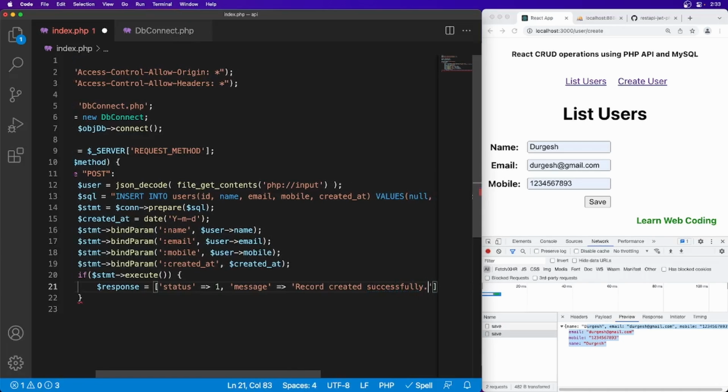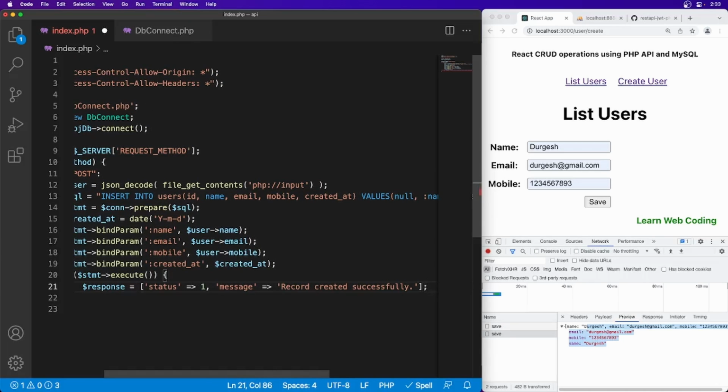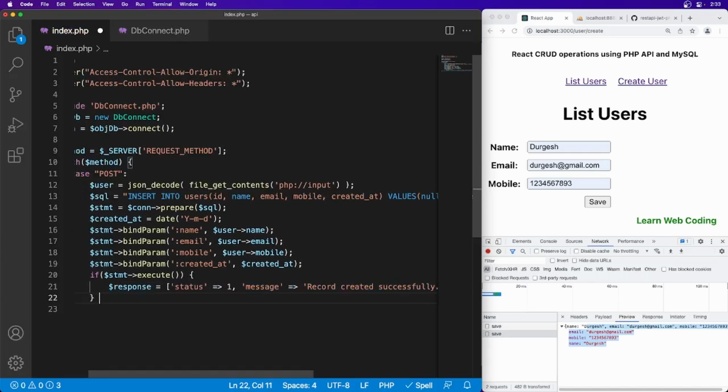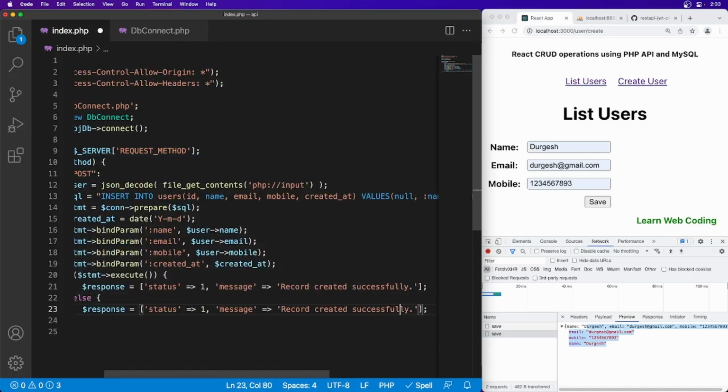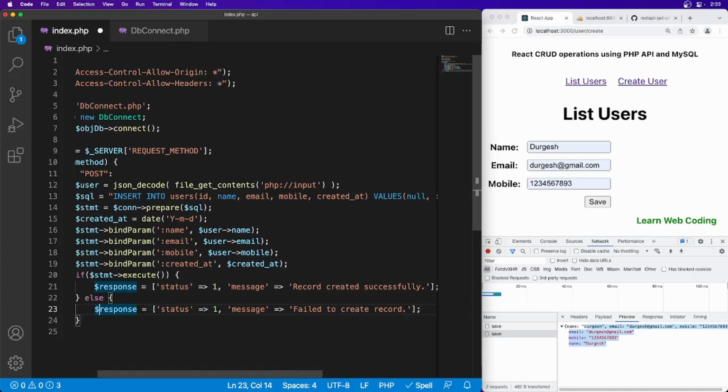Copy this and write the else statement also, but this time we can say fail to create record, and on status we can say 0.